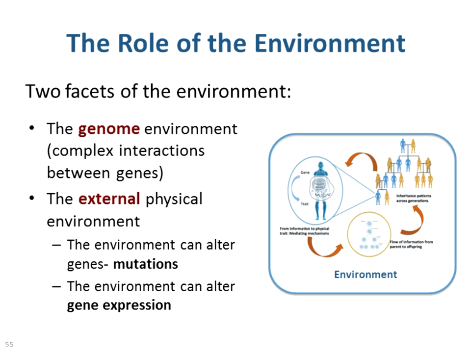In fact, the reason we're having such a hard time, for example, with cancer is because of these kinds of interactions of genes turning on other genes and proteins doing all sorts of things in this very complex milieu in which cancer is happening. Another way to think about the environment, though, is the external environment, okay? And there are two ways in which the external environment can affect our genes. One is through mutation. So we know, for example, that tanning is not good for you.